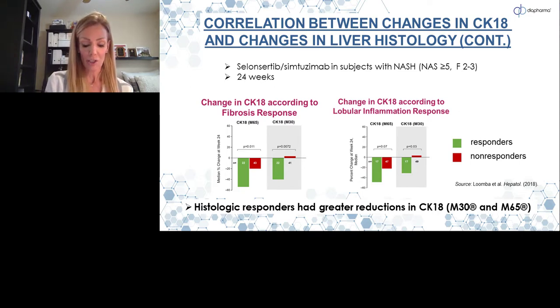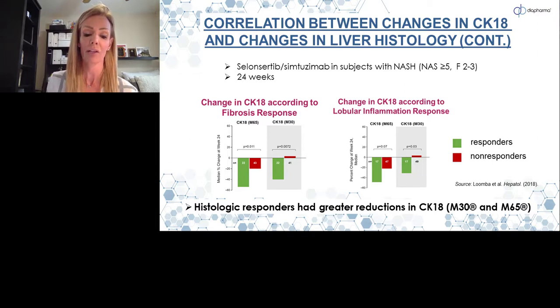For each group, the changes in CK18 levels were correlated, and the data showed that treatment responders for both fibrosis and inflammation also had greater reductions in both total CK18 and CK18 fragments as compared to the non-responders. Like in the PIVENS and TONIC trials, these data support that changes in CK18 could be reflective of changes in liver histology. I want to emphasize at this point that we're not suggesting that CK18 alone could serve as a